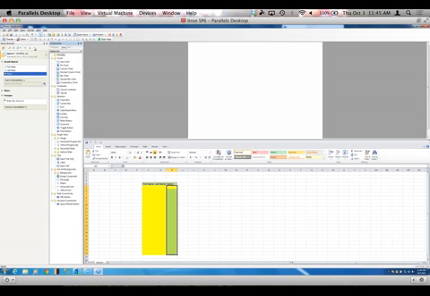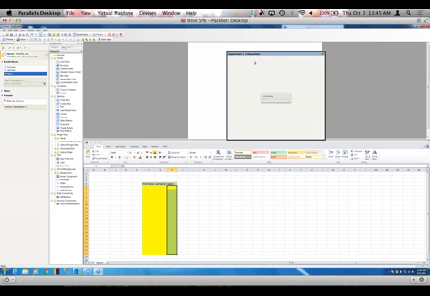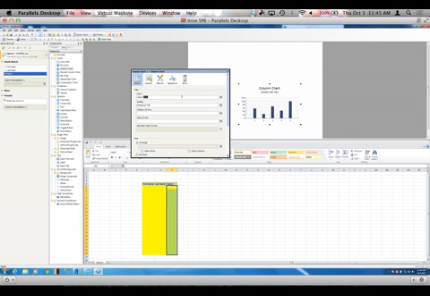Let's open up our components view as well. And let's say we want to do a column chart again. I'm not very creative here. So let's just make it look a little bit better.